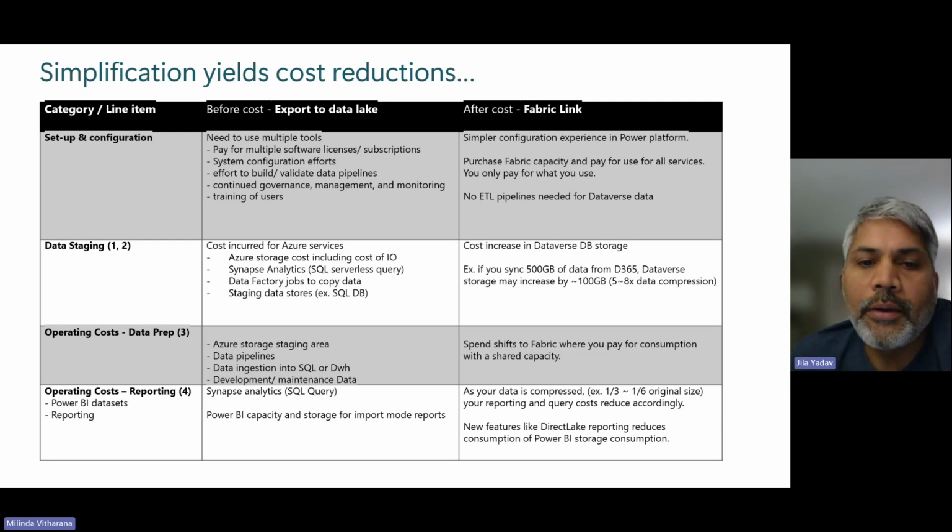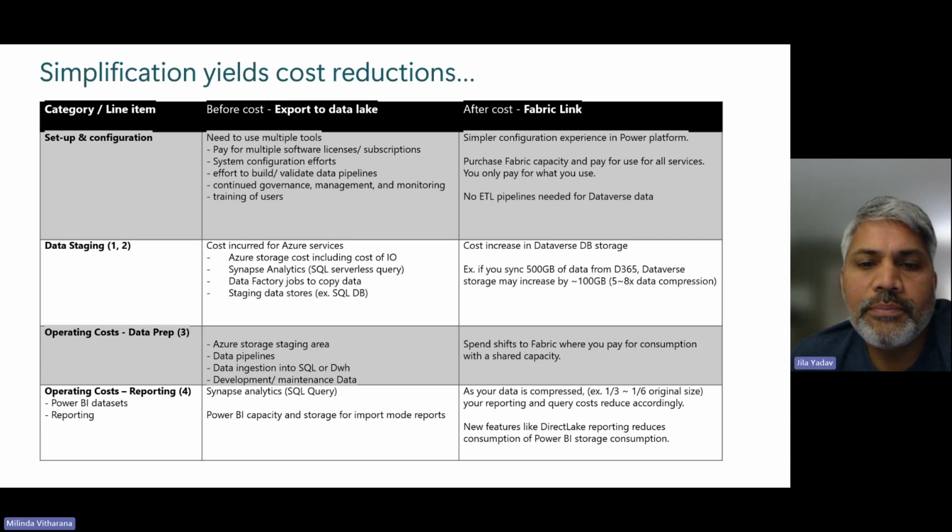And with Link to Fabric, what you incur cost on is the Dataverse DB storage. Because Microsoft OneLake in Dataverse is built in Dataverse, any data which stays there goes towards Dataverse